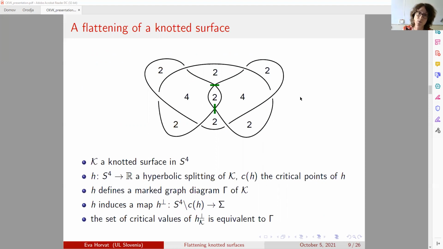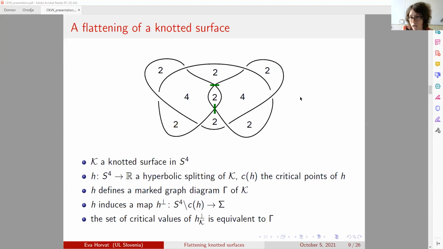Now I will say what flattening of an ordered surface is. So we start with an embedded surface in the four-sphere with a hyperbolic splitting H, and we denote by C(H) the two critical points of this hyperbolic splitting. Now we know that H defines a marked graph diagram, gamma, that I described just now. And then H actually induces a map, which I will define and denote by H perpendicular, from the four-sphere without the two critical points